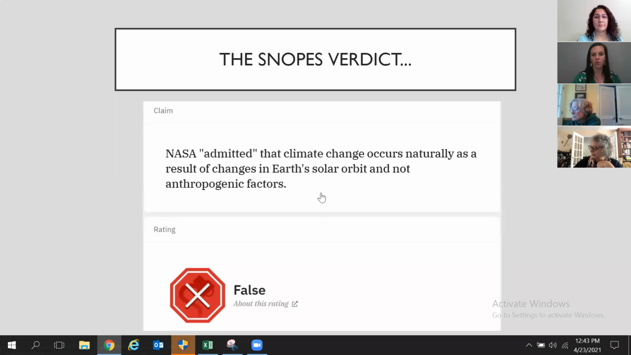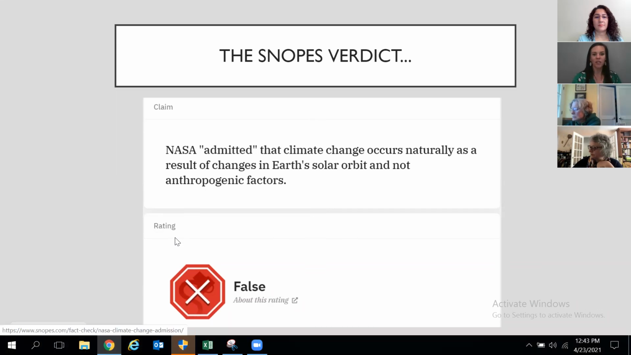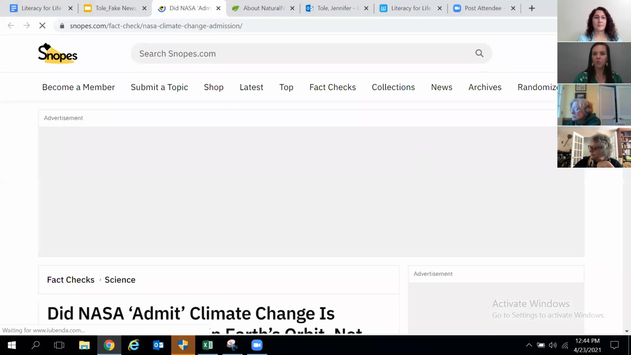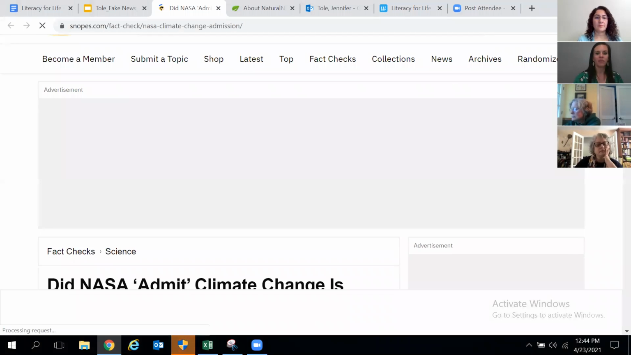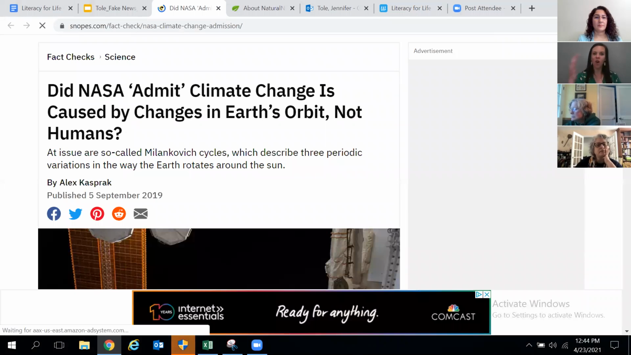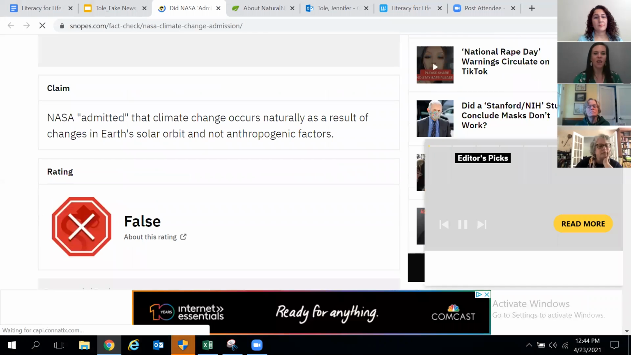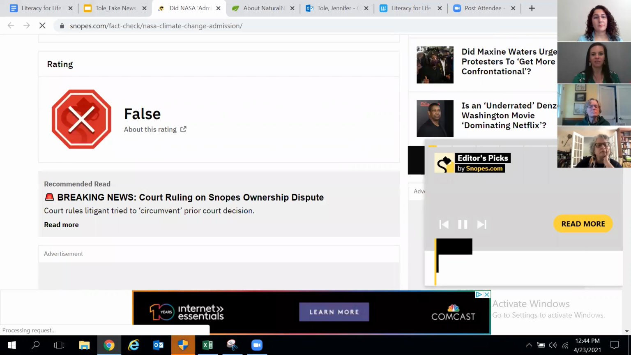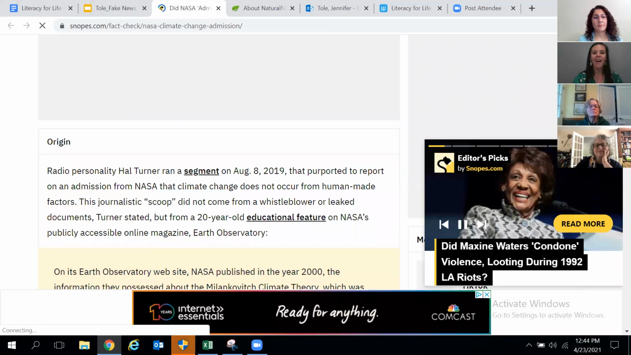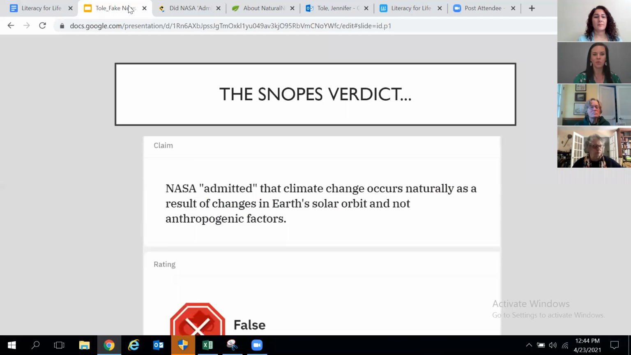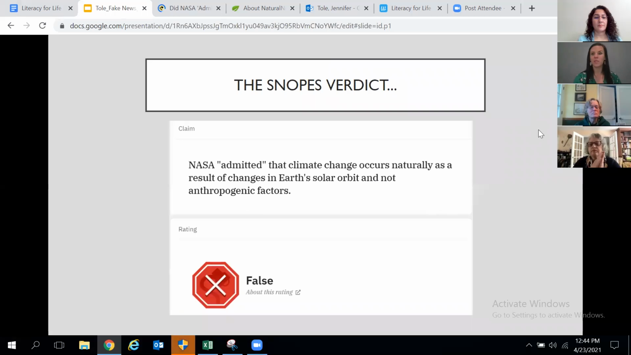And this is absolutely false. I've linked here the Snopes verdict so you can check it out yourself, but basically they break down all of the logic and all of the quote data that's shared in that Natural News article, and they tell you why this is false. We don't have the time to do so right now, but Snopes is one of the resources you can always use